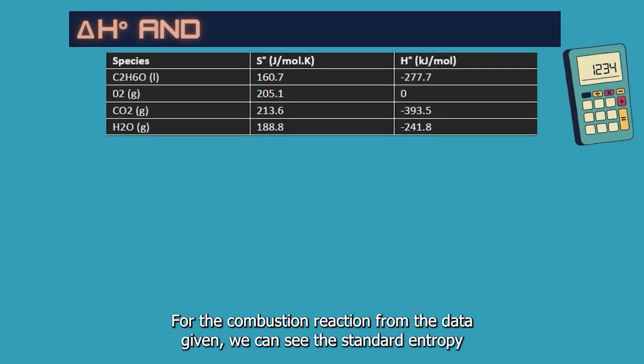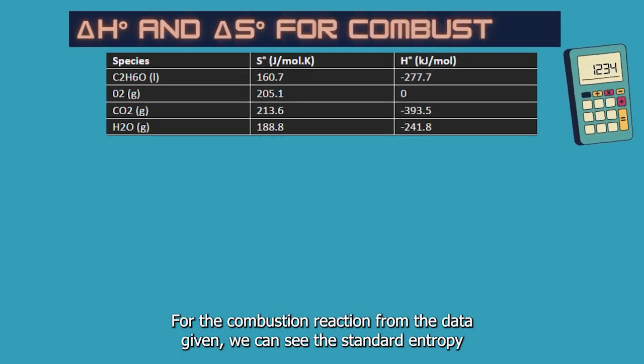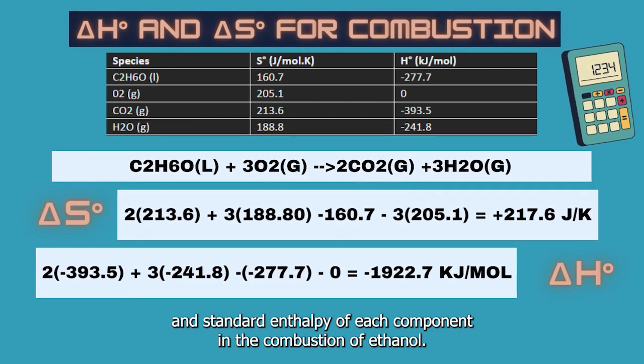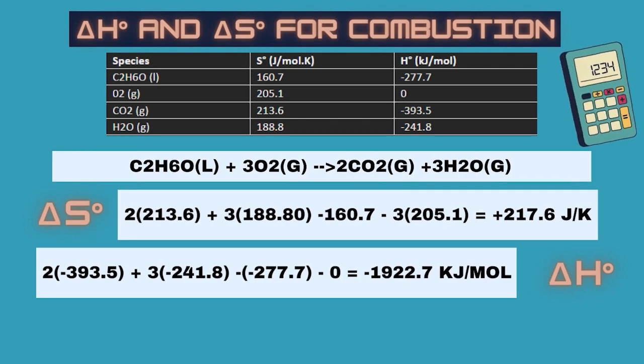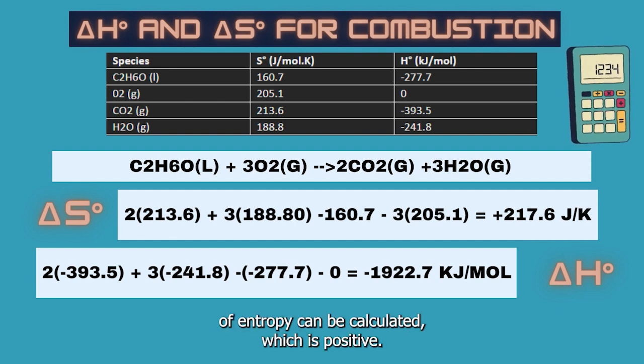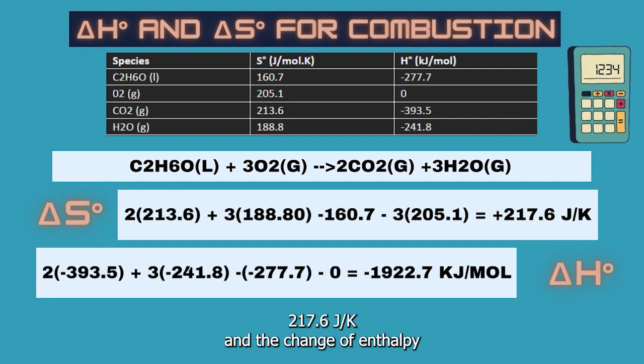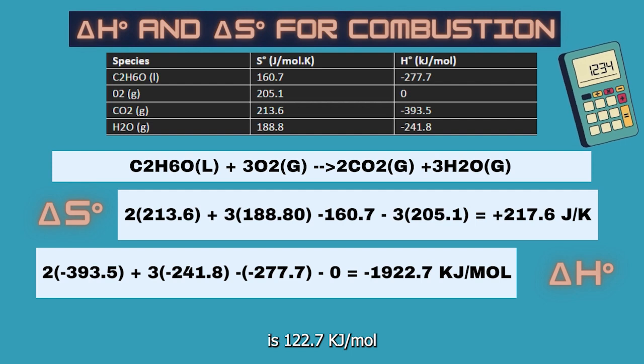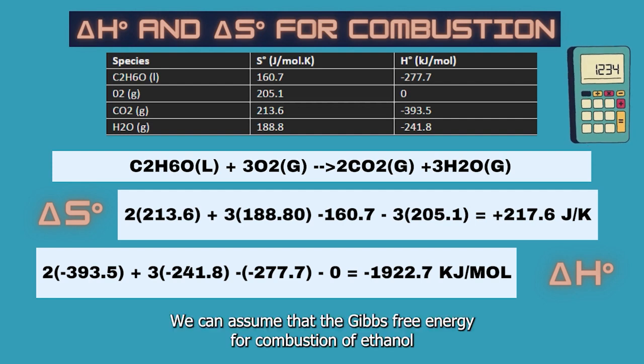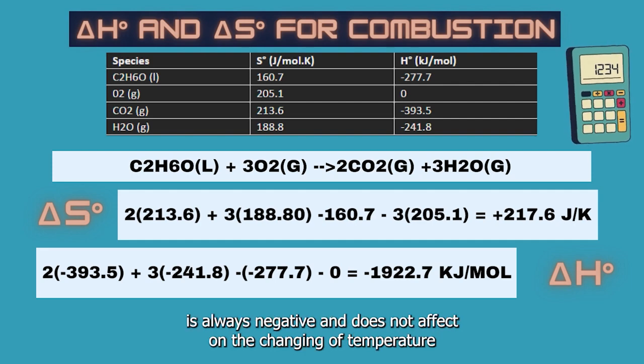For the combustion reaction, from the data given, we can see the standard entropy and standard enthalpy of each component in the combustion of ethanol. We can see that the change of entropy can be calculated, which is positive 217.6 joule per Kelvin, and the change of enthalpy is 1922.7 kilojoule per mole. We can assume that the Gibbs free energy for combustion of ethanol is always negative and